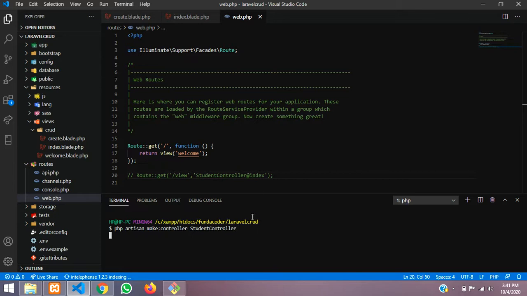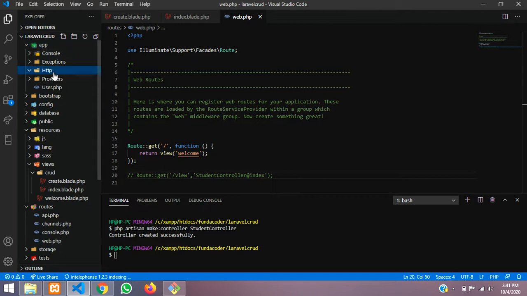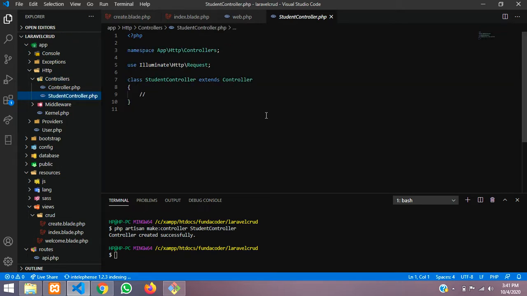Hit enter and the StudentController will be created. For example, you can go to app, Http, Controllers, where you can find StudentController. So this is the controller now.